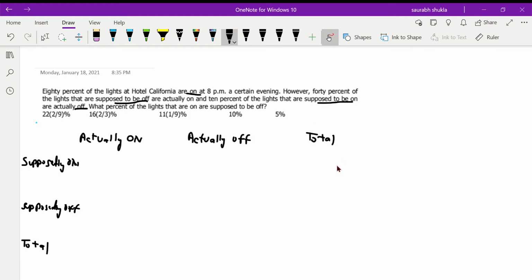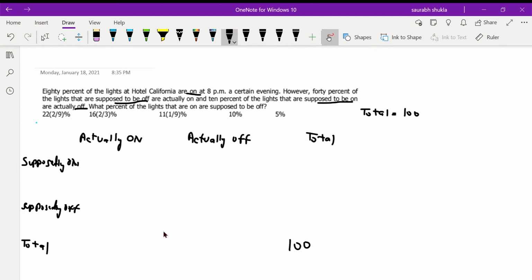Now you have the grid. I hope that makes sense to you, because these questions cannot be solved without forming the grid. Once you form the grid, half of your problem is done. For the other half, of course, you need to stay very alert with the wording, which we'll see in a moment. For now, let me just assume that the total lights are 100, because we are dealing with percentages, so it's better to assume 100 for total. The overlap between total and total is going to be 100.